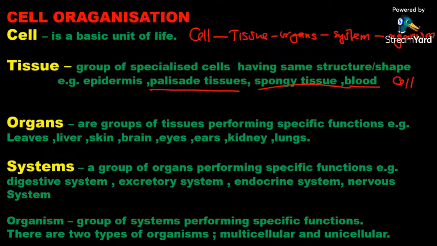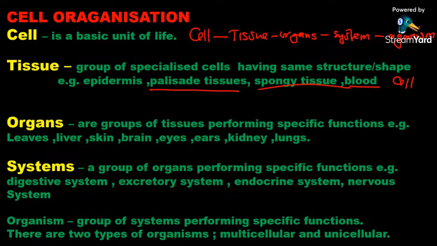I've seen a question where you are given a list, and you are asked to select the organ, or to select the tissue. So you are supposed to know this in case that question comes. I think I've seen such a question in an exam. You might be given, let's say, a multiple choice: which one of the following is a tissue? Then you have skin, you have blood, you have brain. So you should be able to tell.